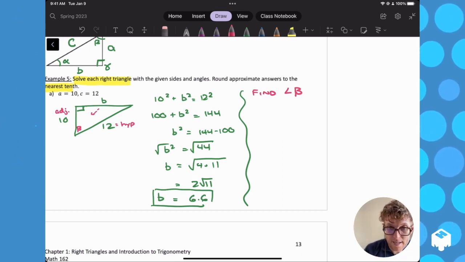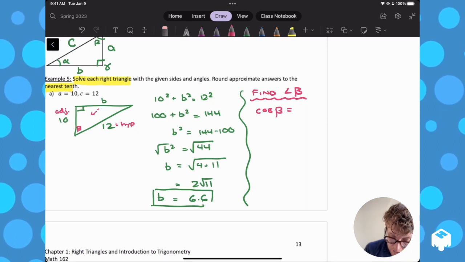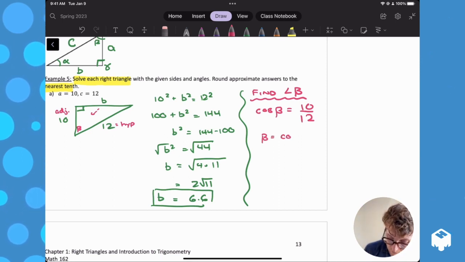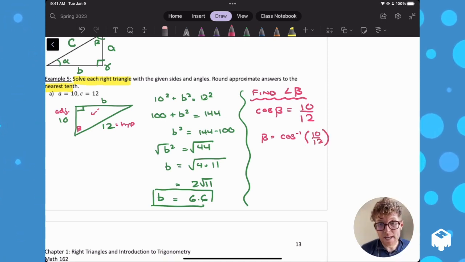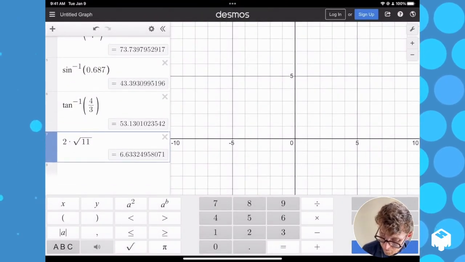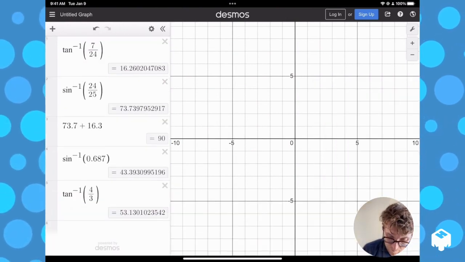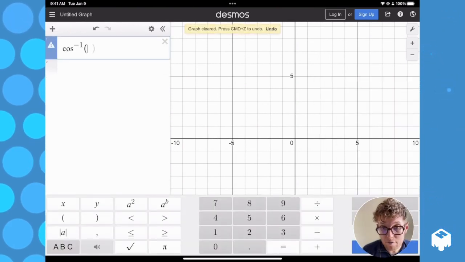So ka, that's your cosine function, can be used to find beta. Adjacent over hypotenuse, and I'm just going to use the inverse cosine to find that missing angle. Inverse cosine of 10 over 12 is,